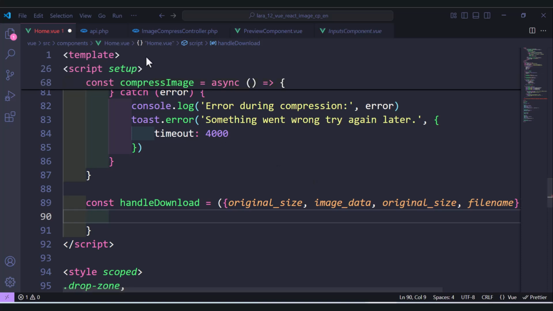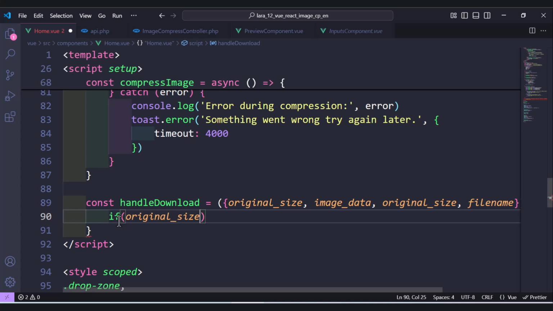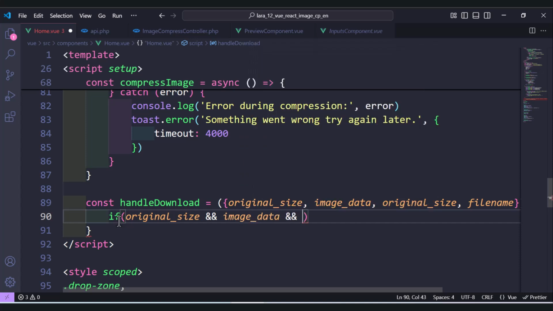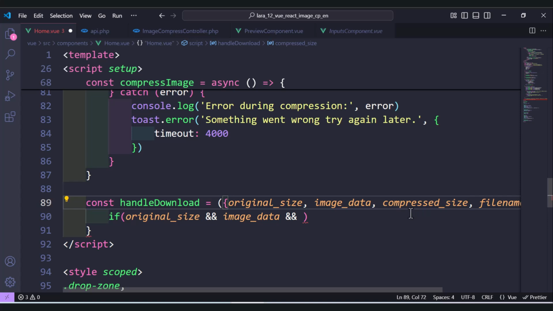So first we need to test. So we need to add a test and check if we have original size, and also we have image data, and we have the compressed. So I think we have here twice. So we need the compressed. So this one we need compressed, not original. So to compressed, and that's all: the original size, image data, and compressed size. So if we have these three